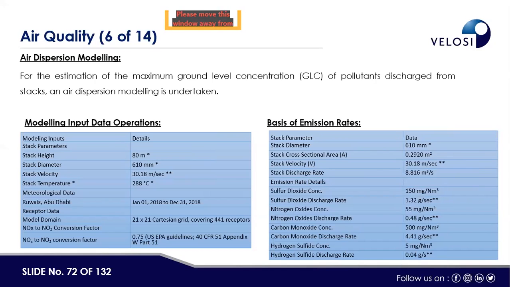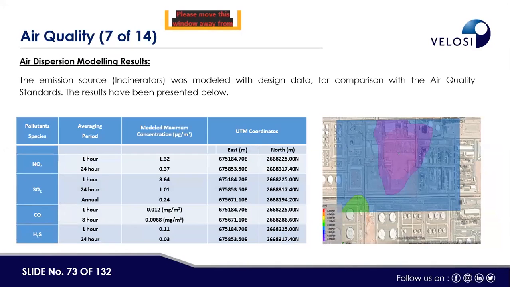For example, what is the concentration of sulfur dioxide? 150 milligram per normal meter cube. Then nitrogen oxide, then carbon monoxide, and hydrogen sulfide as well. So these are the emission rates. Then you can see there are the modeling results. You can see that we have modeled the software for oxides of nitrogen, sulfur dioxide,